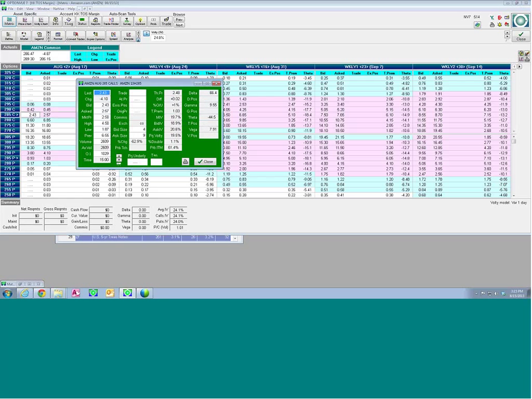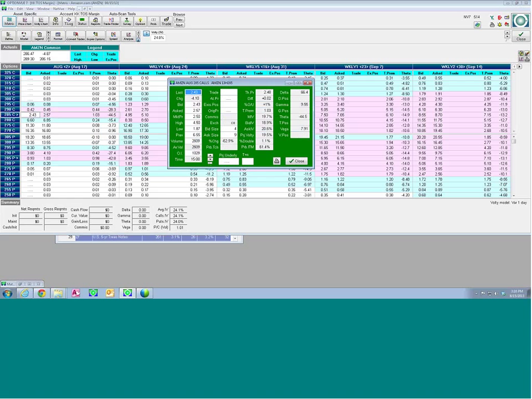Everything's available right there at a glance. You can see the last time for that option traded, and you can see the high and low for the day, volume for the day, and so on. Very useful. The other thing you can do here is if you do have a position,